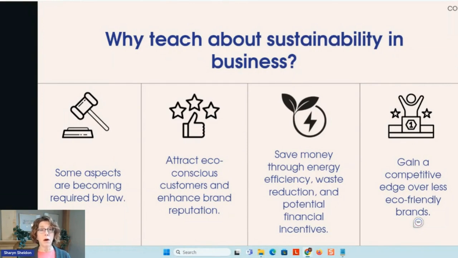And when you are a more eco-friendly, sustainable business, it does attract different types of customers as well and enhances brand reputation and helps you be more competitive. But at the same time, it's not just about your reputation and customers, but you can save money through energy efficiency, waste reduction, and even some financial incentives